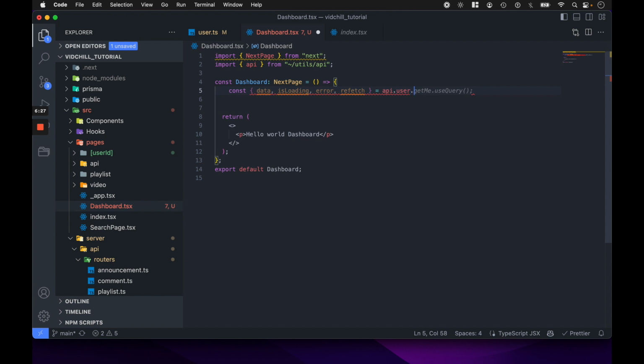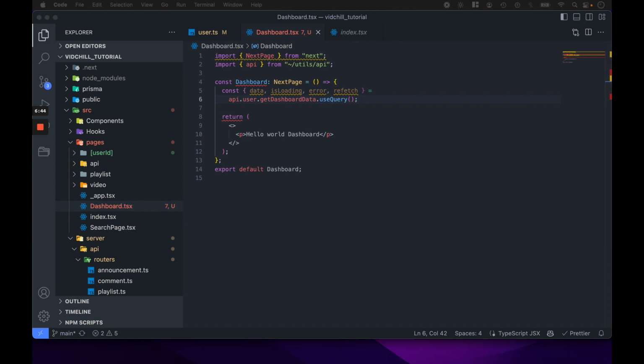Let's see if it auto corrects. No, we're not getting it. It's fine. Get dash. There we go. Dashboard data. We say dot use query, simply as that. And then what we can do is we are going to pass it the user ID